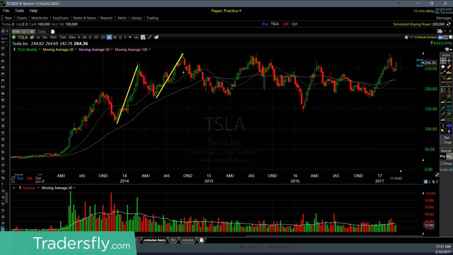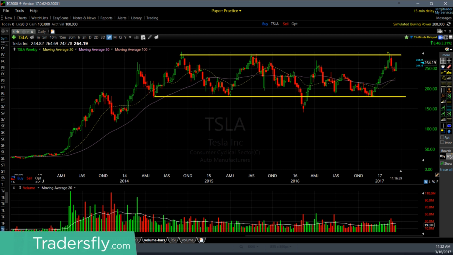Once you find the A to B, B to C pattern, the C to D is that money leg, whether that's to the upside or whether that's to the downside. Now, of course, you can play things in ranges, just like we have sideways patterns right here in the stock right now, but ultimately these ranges are not as big in terms of price movements as a C to D or an